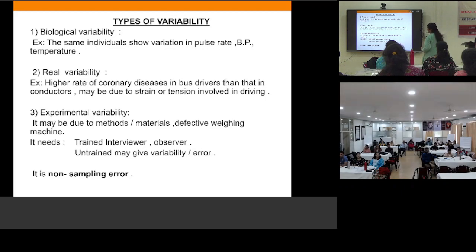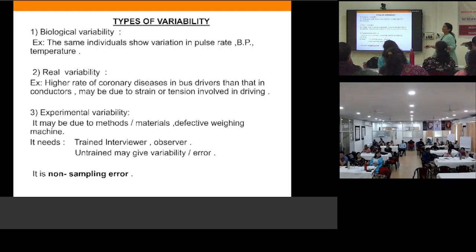Sampling error means you took different samples: sample A, sample B, sample C. There has to be some natural differences between the samples. You have taken the height of students in class sections A, B, C, so you will get some variability. If you take a sample from the whole population, one sample will come, and for each different sample you take, a different mean will come. This is by nature. That is sampling error. You can reduce the sampling error if you use a bigger sample size.